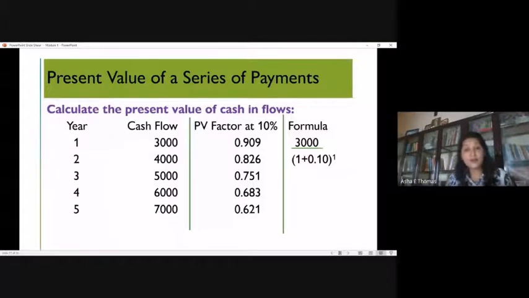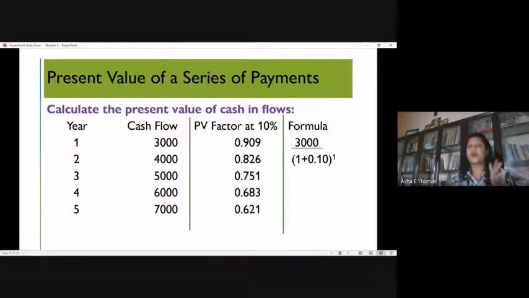Then there are other conditions, more normal to the present, where I am getting a series of cash flows. Say, for example, I'm going to invest in a business and I expect the returns in series. In the first year, I expect a profit of 3 lakh. In the second year, I'm expecting a profit of 3,50,000, and it goes on like that. So that is a series of cash inflows happening in different years. If I'm getting equal cash flows, say for example, every year I expect 1 lakh as my profit for the next 5 years.